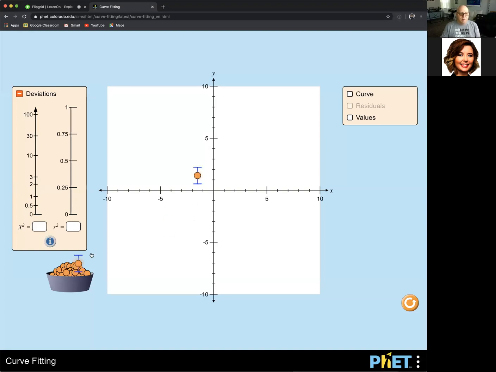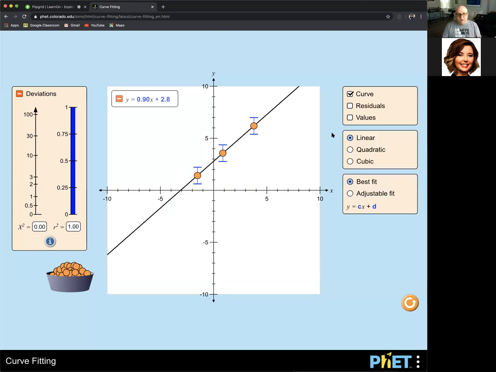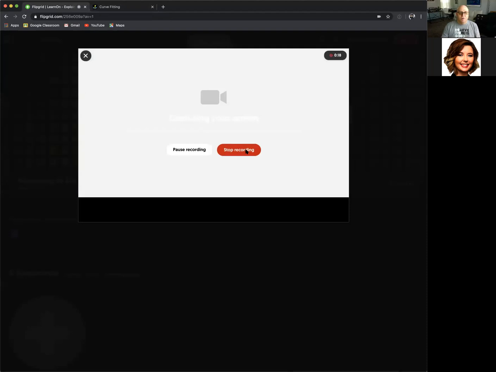what I'm going to do is put out a bunch of points, and I'm going to try and do a curve fit here, and I'm going to go through and put my line of best fit on. I find that this has a slope of 0.9 and 0.28, and then if I move these points down, what I see happening is that the chi-squared and the r-squared values are changing. What I'm looking for is a value of 1 will tell me that, yes, that's a straight line, and so that's the best fit. And so I would just have the students go through this and then jump back over and hit stop